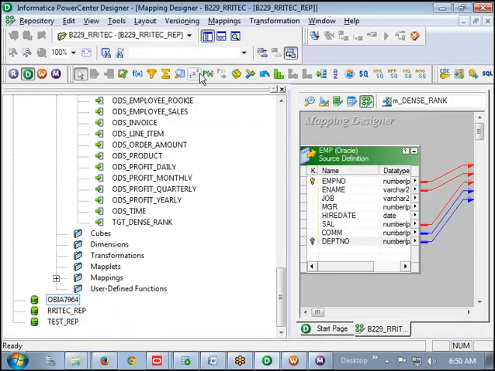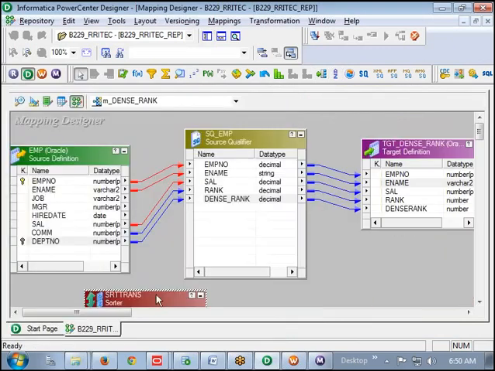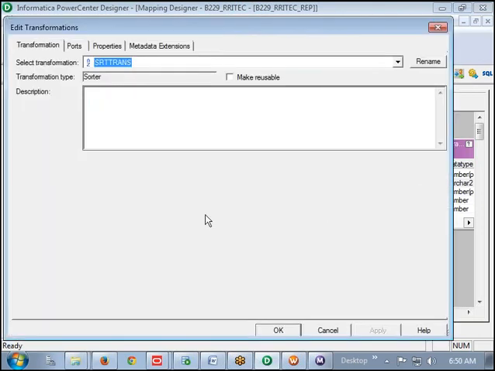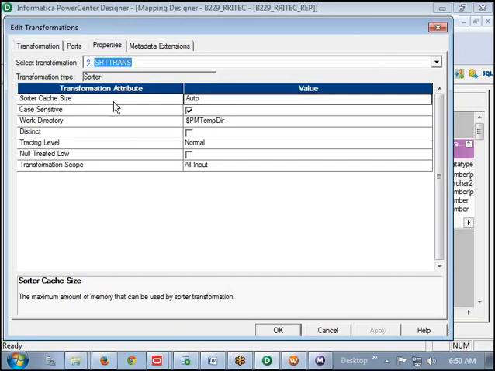Suppose you introduce a transformation known as the sorter transformation here. Now if you double click on the sorter transformation, you can observe one of the properties. Now tell me, in the source we have two records that are the same, dot to dot, all the column values are the same.